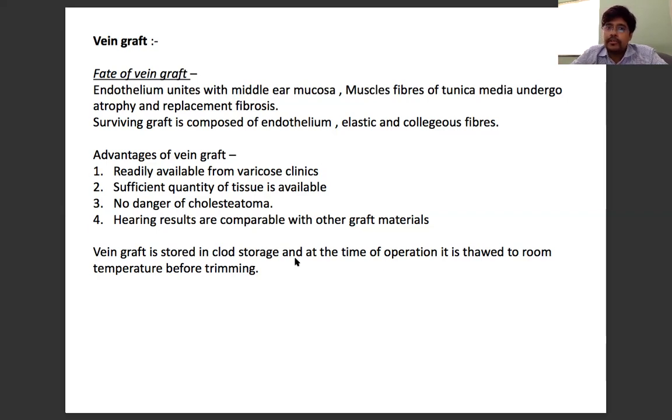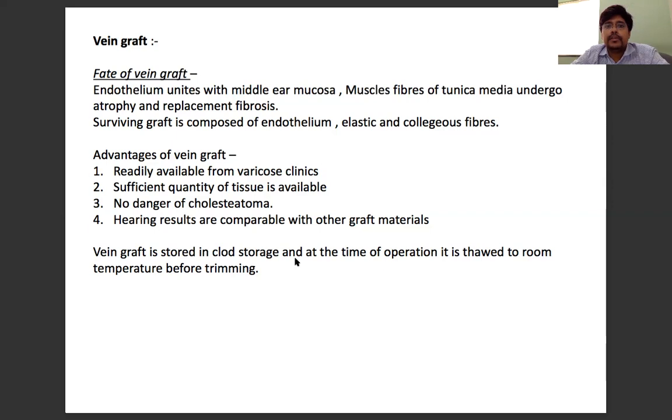So we have learned about various graft materials, various techniques, various approaches. Approaches for myringoplasty, or maybe tympanoplasty, or let it be mastoidectomy, are only three: the endomeatal, end-oral, and post-oral. These are the three approaches. And what are the techniques? Overlay technique and underlay technique. Okay, so this is how.